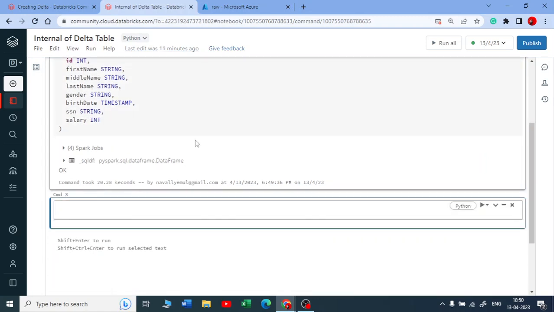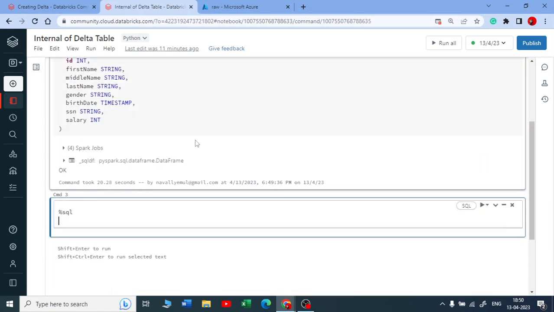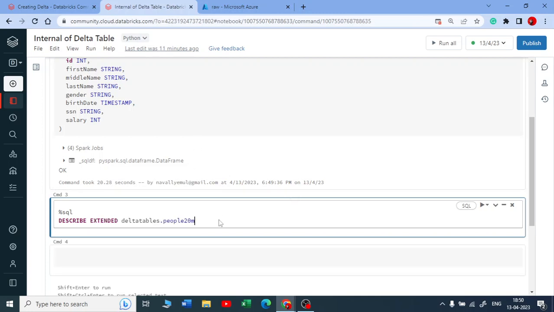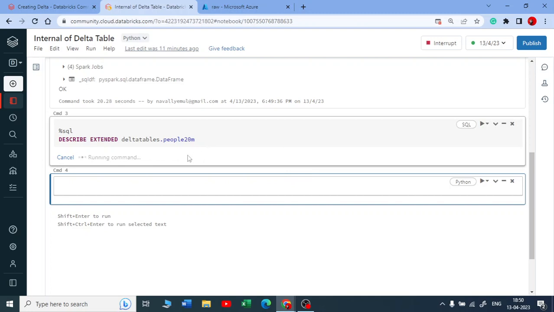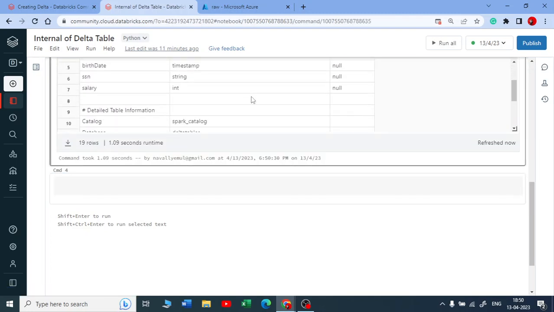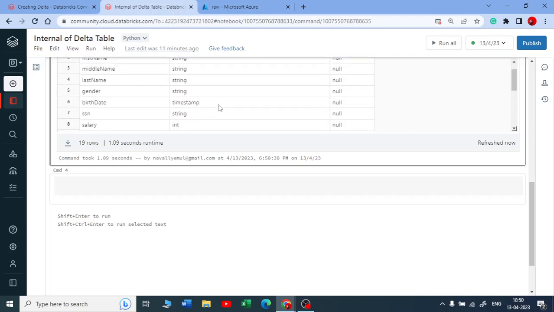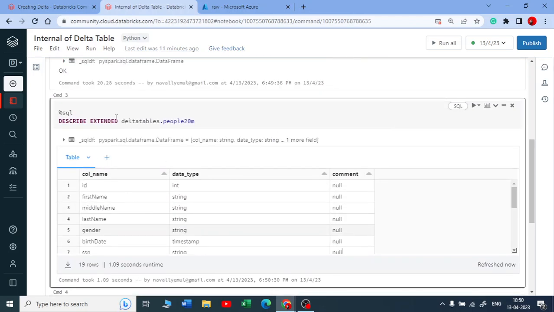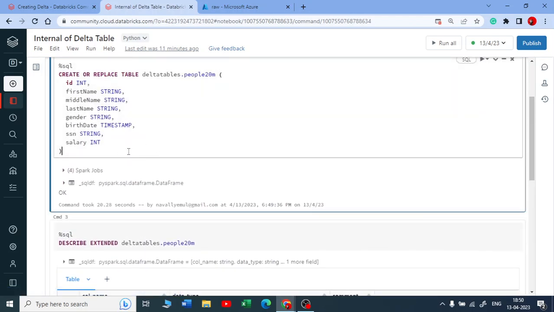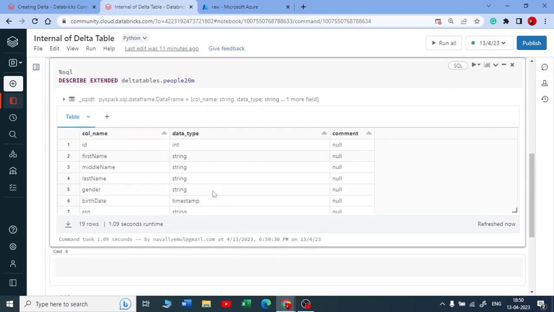a managed table or an external table, so you can just write SQL and write describe extended and just pass the table name. So you will get this as a managed table. You can see here, just scroll down. Yeah, this is your managed table, because we have not specified any location here, so that is